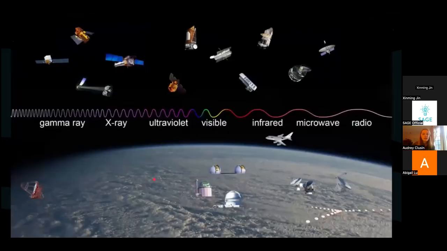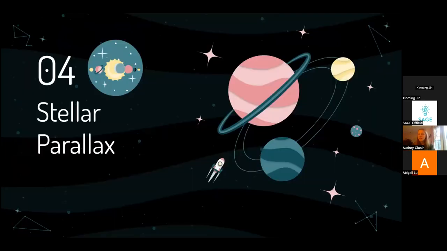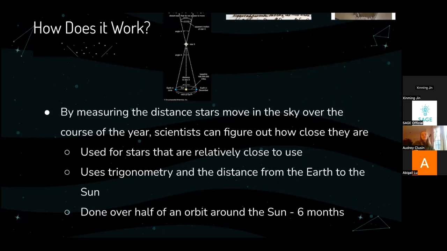yeah. Here's another picture of a bunch of different telescopes and where they're positioned. And here you can see another attempt at making a bigger telescope by having a bunch of smaller telescopes all positioned and working together. Anyways, one concept that's a little bit hard to explain, but is also really important is stellar parallax. So basically, the Earth moves around the sun once a year. We know this. So if you want to see how far a star is away, you can use something